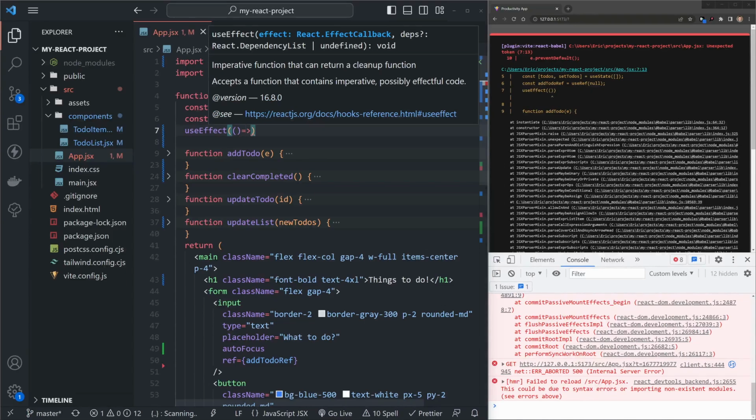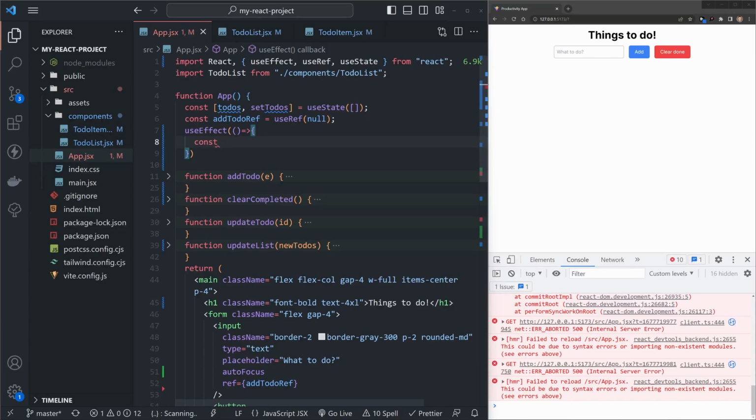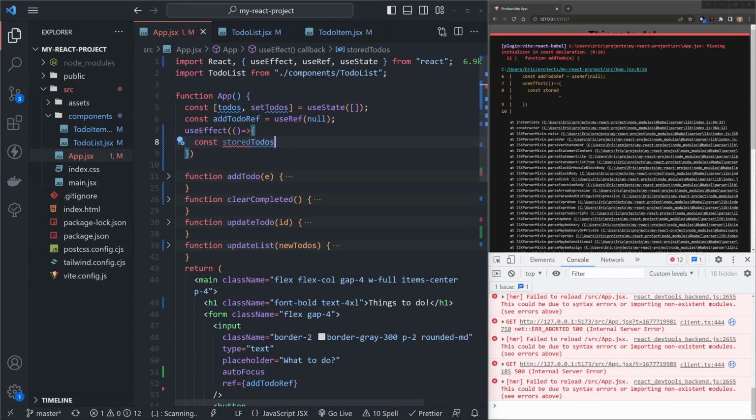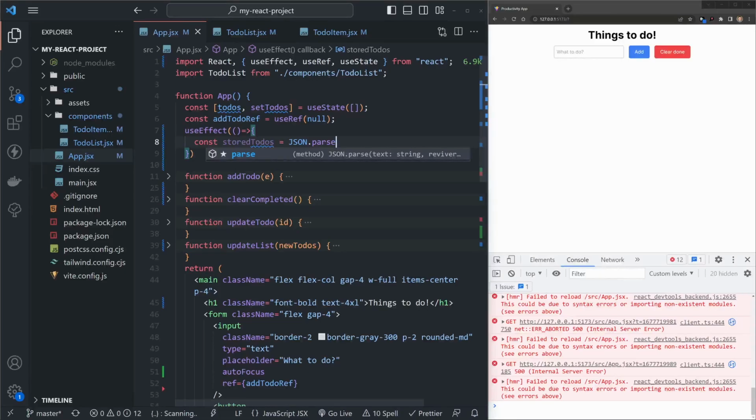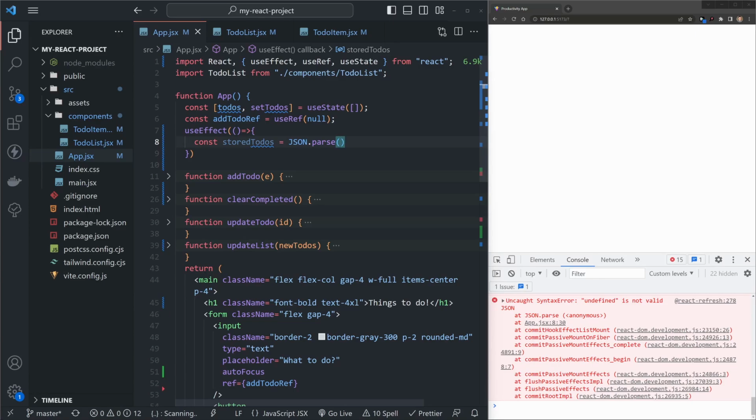We'll pass this funny arrow thingy, open curly brackets, and now write const stored to-dos, whatever, JSON parse, because we'll be taking something that's stored as a JSON object. We need to parse it, but fortunately JavaScript is at this stage just modern enough to have it under a few characters,